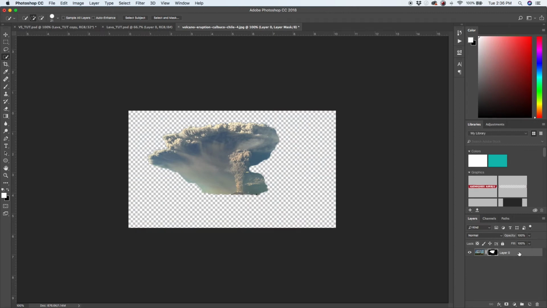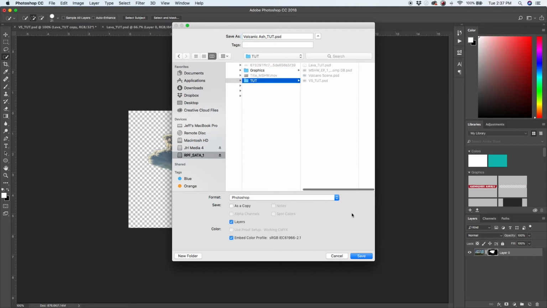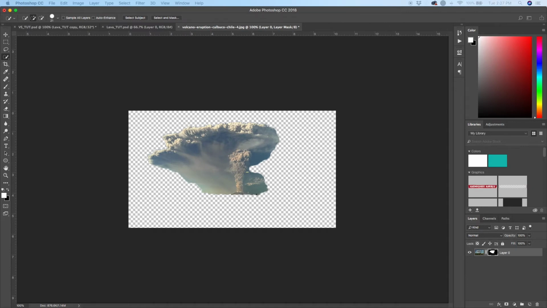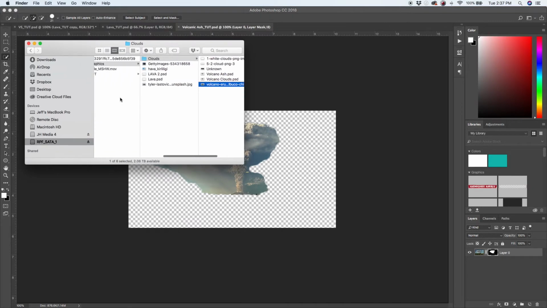Now let's save this as Volcanic... how do you guys spell volcanic? Volcanic Ash_tutorial. And then I'm going to put this right in my tutorial folder. Boom, right there. Okay, so from there, let's grab this Volcanic Ash